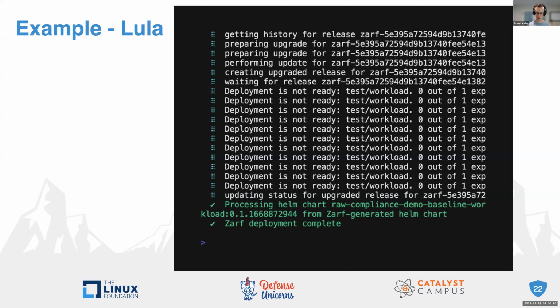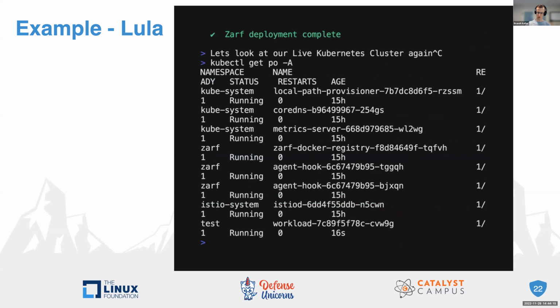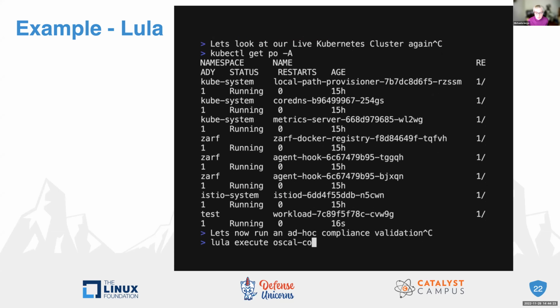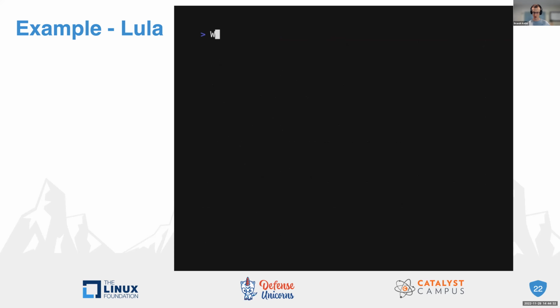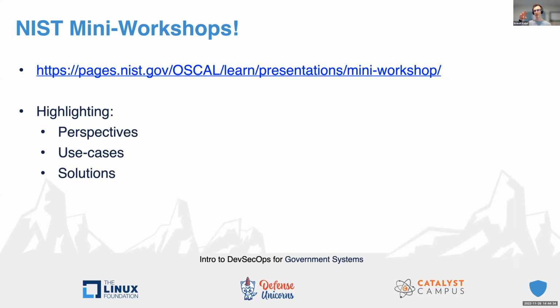And then we can also test that this is actually doing compliance against this configuration. So we redeploy a workload in a non-compliant configuration. You'll note the workload now only has 1 of 1 containers in the pod. It's missing something that it needs in order to be compliant. And then we'll rerun Lula and note what happened. We're just comparing the two things. This compliance information from OSCAL was ingested, and the output was the compliance based upon the live configuration as it exists in the cluster.